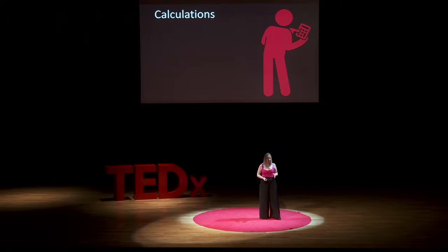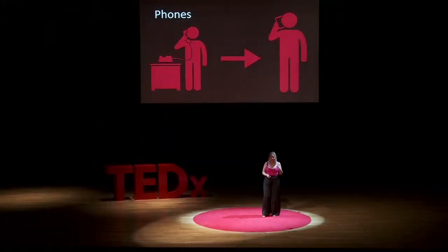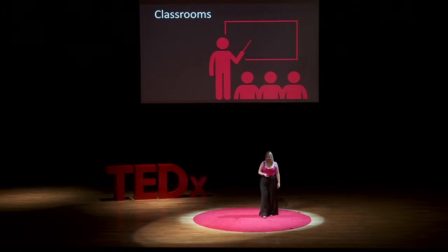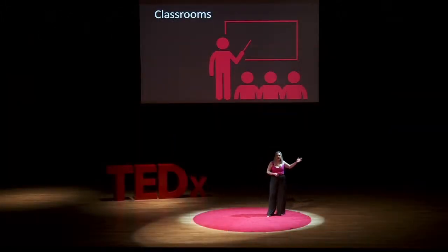In fact, talking about phones, have you noticed the development of phones over the last 100 years? It's absolutely phenomenal. We've gone from phones attached on a cord to mini computers at our fingertips. Yet, looking at classrooms over the last 100 years, learning and teaching hasn't much changed. And make sure you focus on the fact that I said learning and teaching. Okay, we've gone from blackboards to interactive whiteboards. However, it is still common to see a teacher at the front with students either in desks or rows,